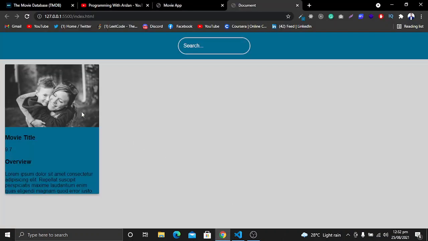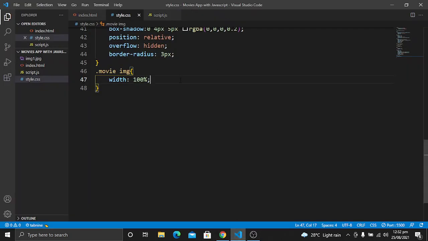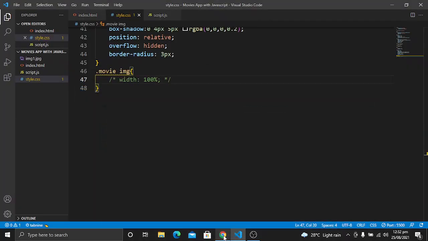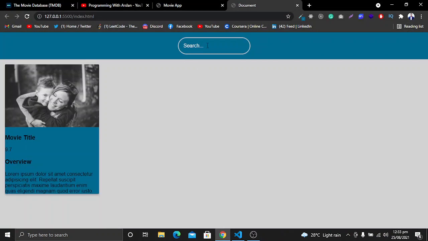Let's save it, and now you will see a change here. With just one line of code, our app is looking very good. If I comment it out, you will see it's not looking good. But if I uncomment it, now you will see it is working. So front end development is all about these subtle changes which you have to notice.